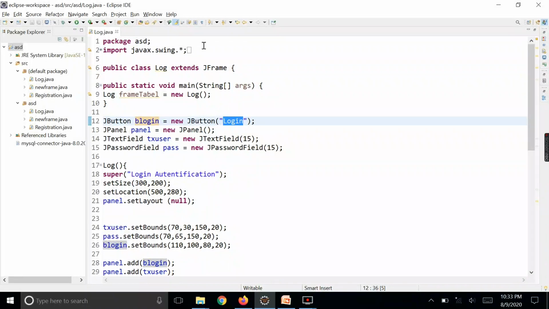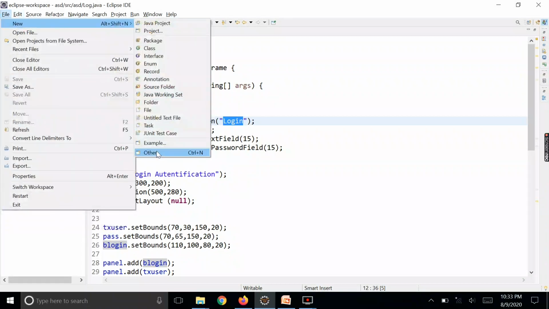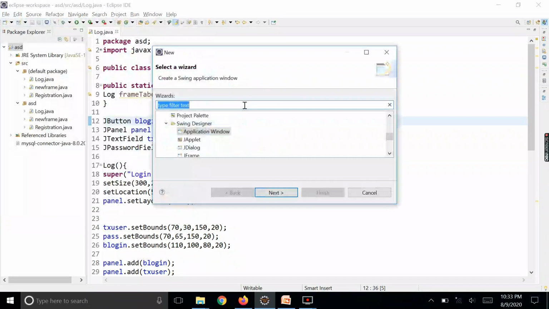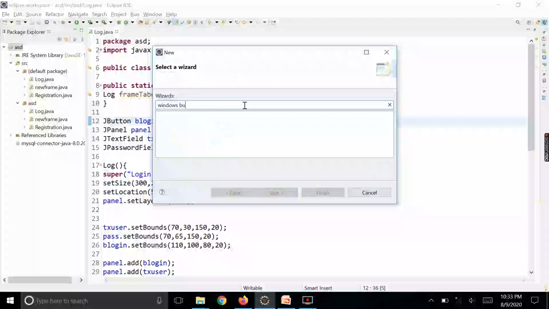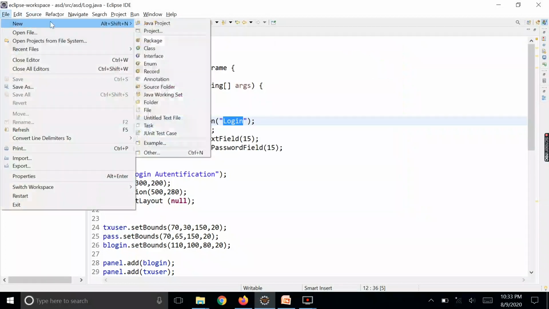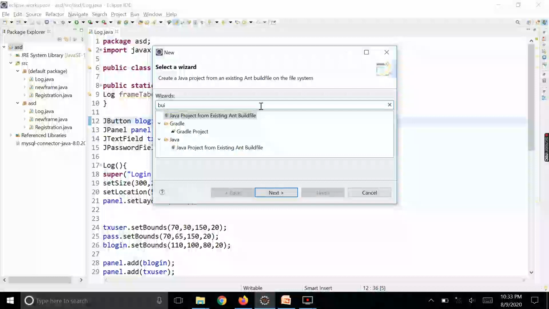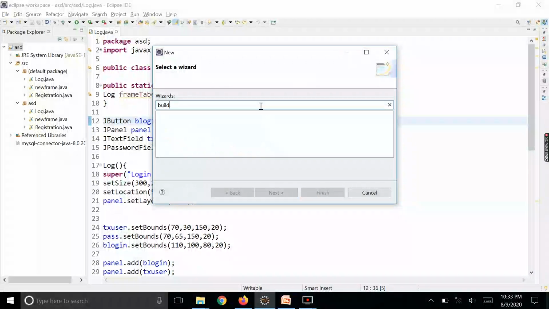Once this Windows Builder is installed, you can go to the project, select File, New, Other, and then search for Windows Builder.